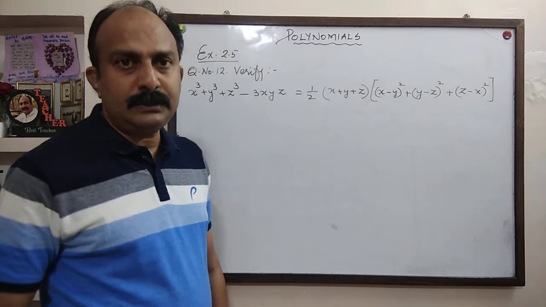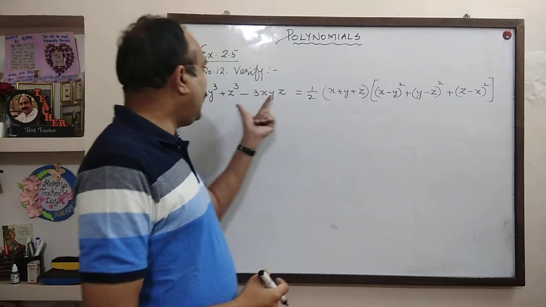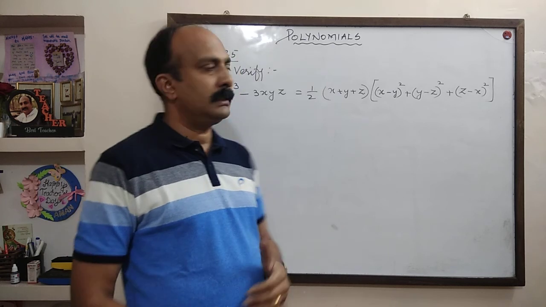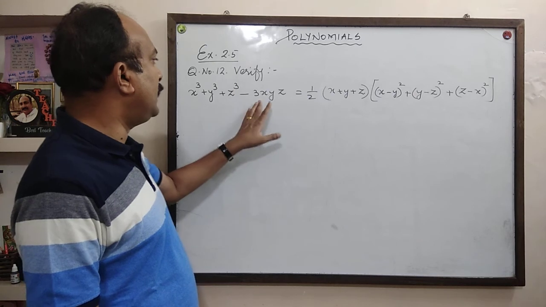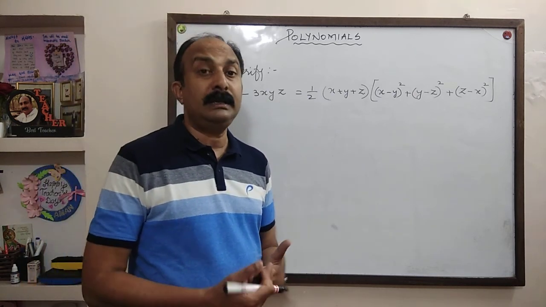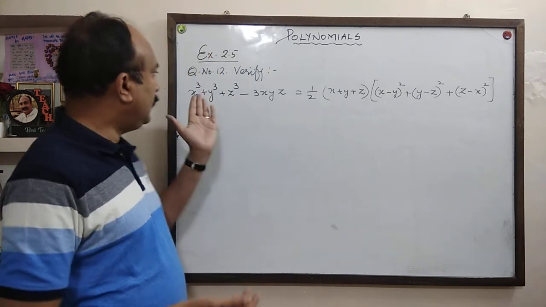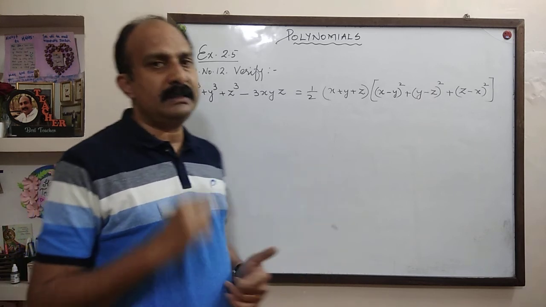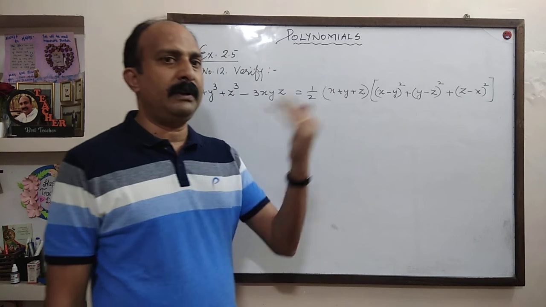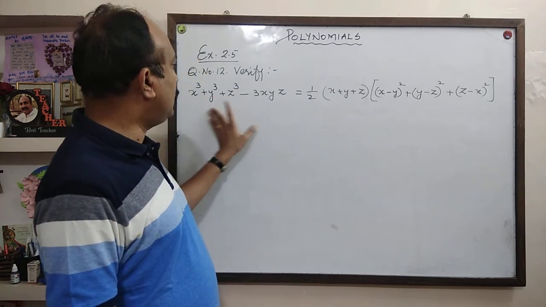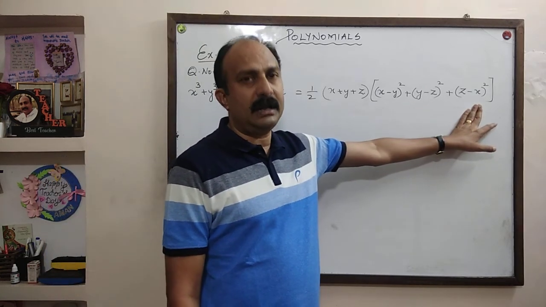We have already done the questions of this type. Verify means we have to prove LHS equal to RHS. And when you look at the LHS, you can see that x cube plus y cube plus z cube minus 3xyz, it has nothing more to do. We know that it is one side of an identity. X cube plus y cube plus z cube minus 3xyz is equal to x plus y plus z into dash dash dash. The one that we have done just now. So there is nothing more to do with LHS of this question. So we will begin with RHS.